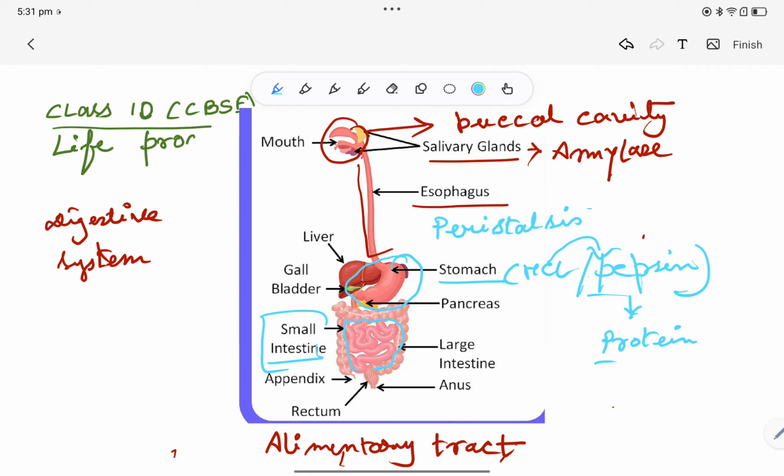This intestine is lined with finger-like projections, which are called villi, which increase the surface area for nutrient absorption. This villi helps in the increment of the surface area for absorption. Fine. Along with this,